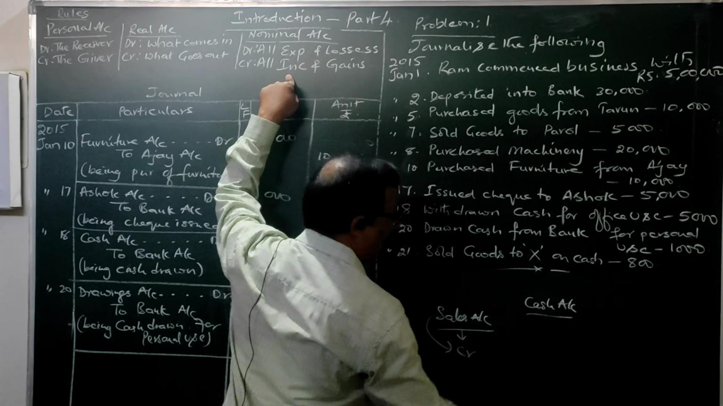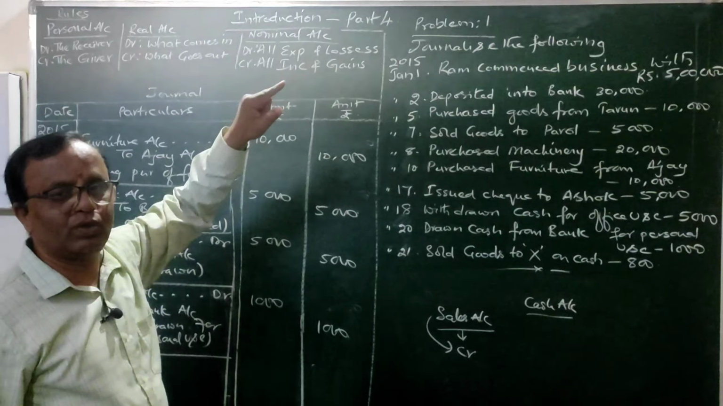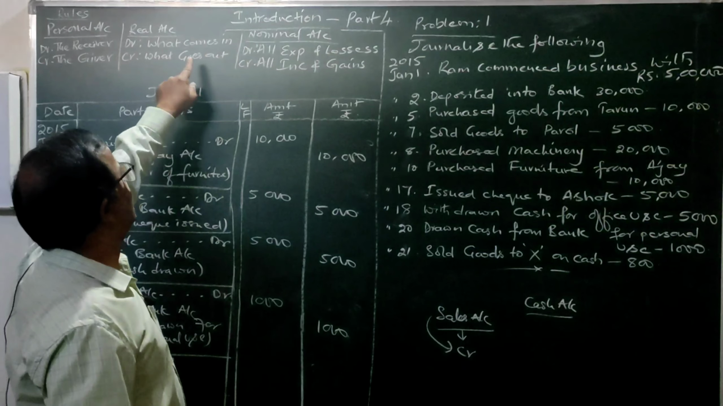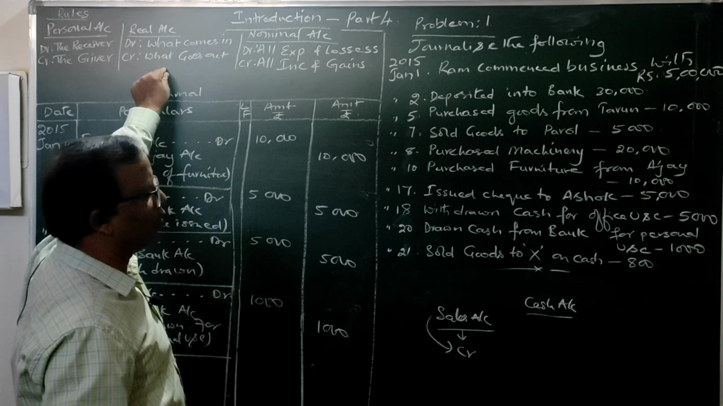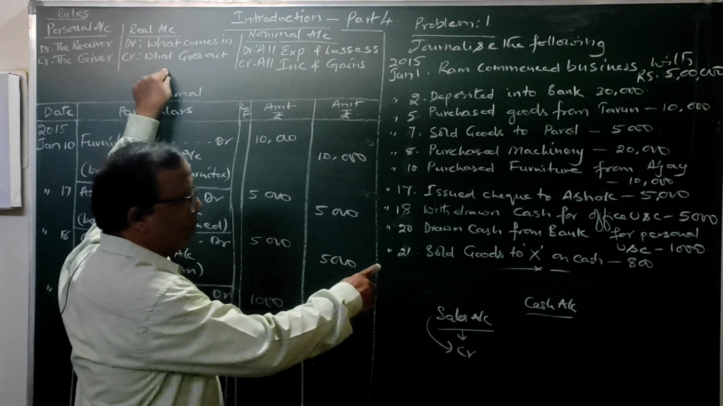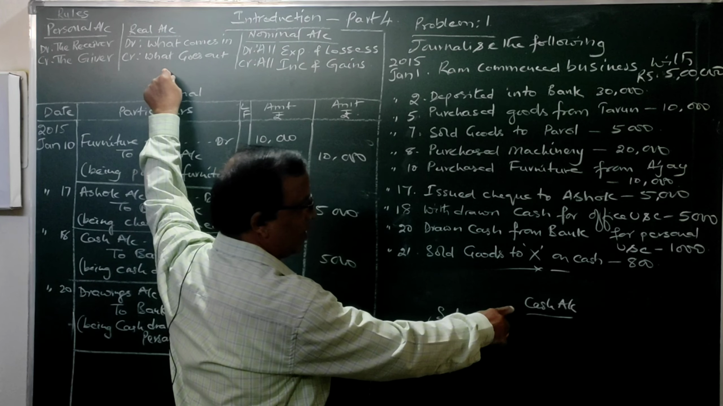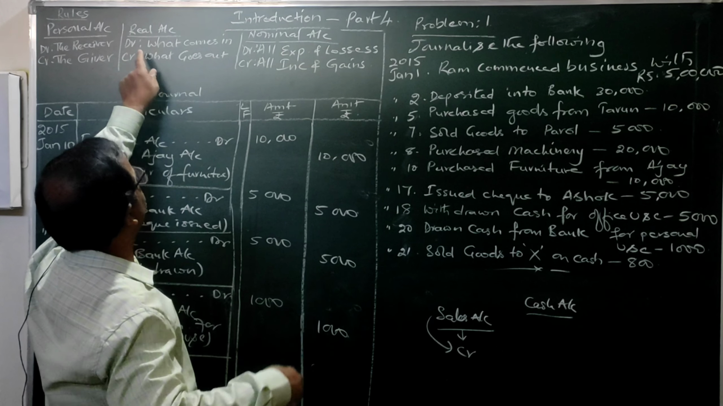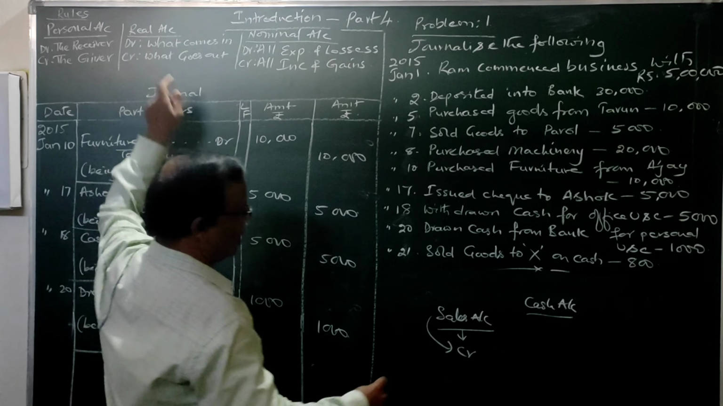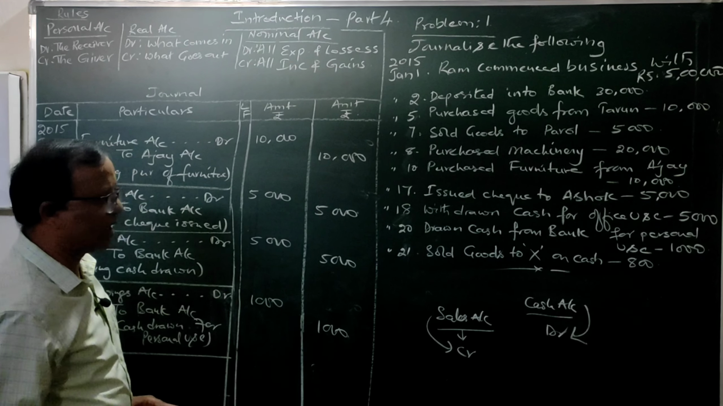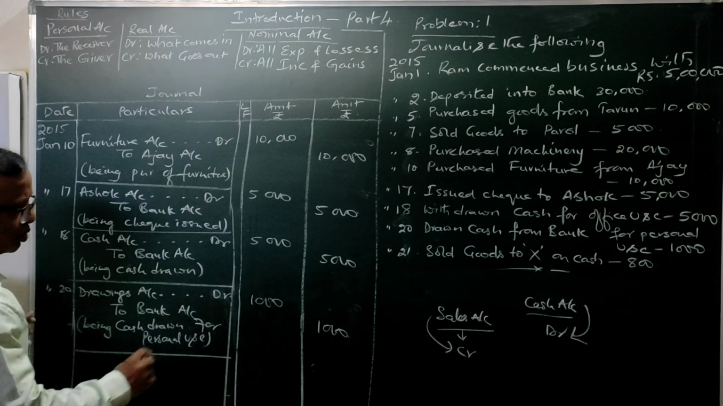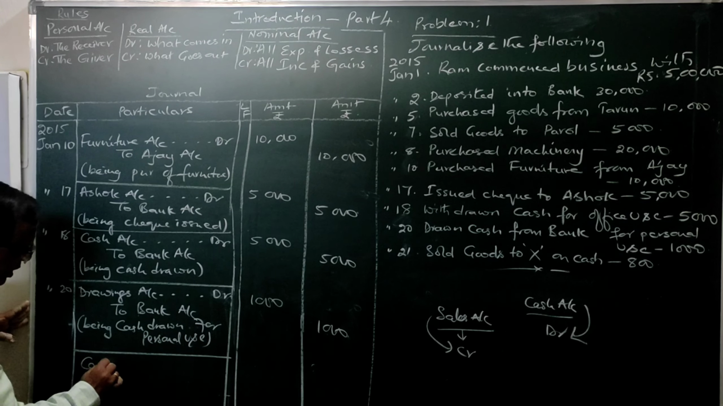Now check it. Cash is once again your asset. Since it is an asset, it is a real account. What does the real account rule say? Debit what comes in, credit what goes out. In this case, when you have sold goods to X on cash, cash is coming into your business. Debit what comes in, so this account you are going to debit. Whichever account you are debiting, that you write first in your entry. So your entry will be: cash account debtor to